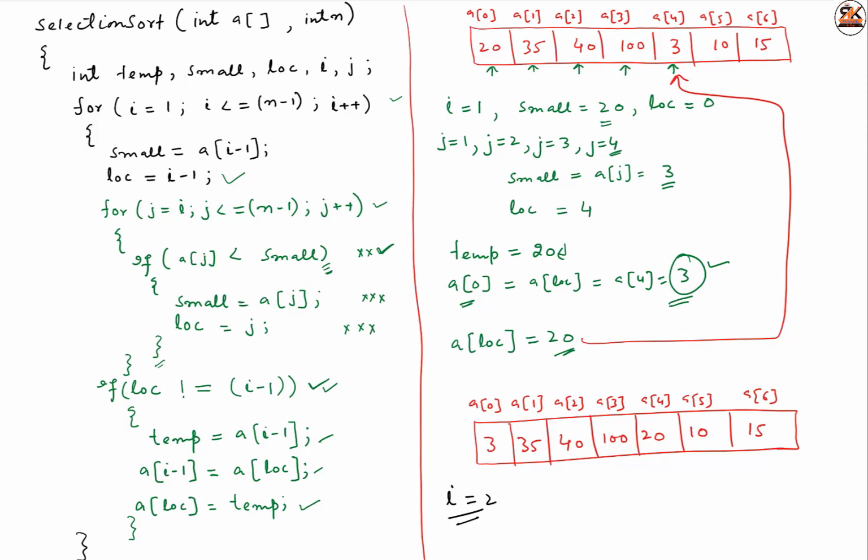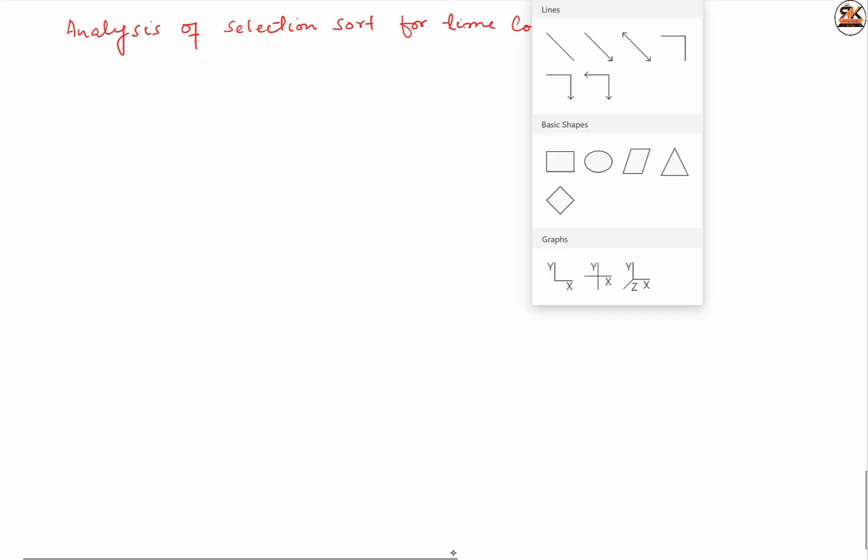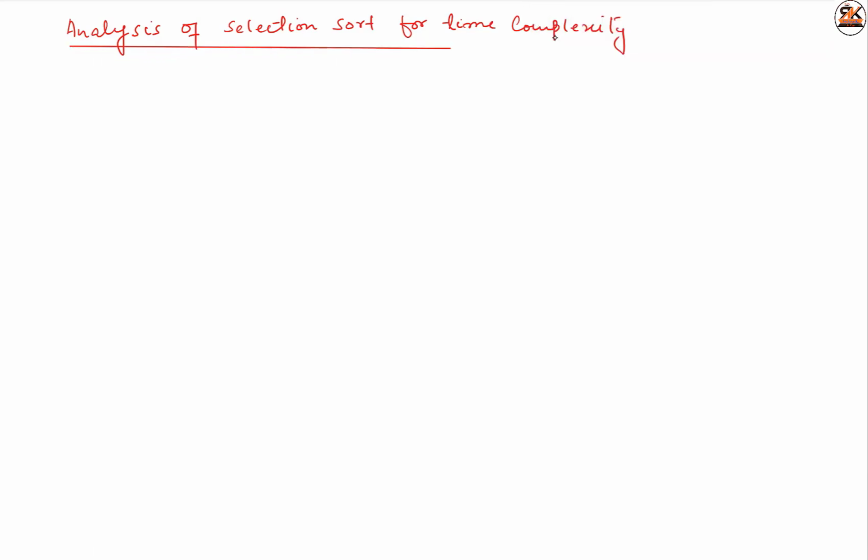So after first iteration we have seen that the smallest element has taken its position at A0. So in this algorithm we are trying to arrange the list in the ascending order by using selection sort. Rest of the rounds you can try yourself. Okay, so now we will write a complete program in the compiler and we will see its implementation in the compiler. Now before the implementation of selection sort algorithm, let's do the analysis of this selection sort algorithm for time